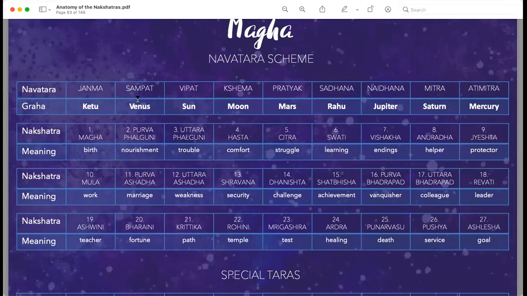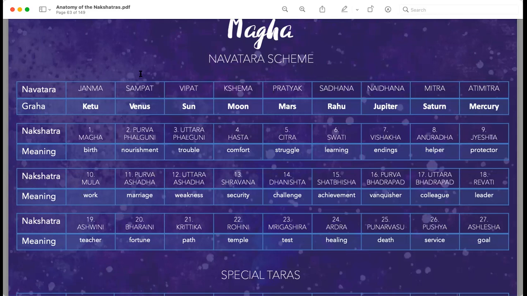the second nakshatra. So obviously in Leo we've got the Ketu one, which is Magha, and then Purva Falguni ruled by Venus, and then Uttara Falguni ruled by the Sun, and after that Hasta ruled by the Moon, then Chitra ruled by Mars, and then Swati ruled by Rahu, and Vishaka ruled by Jupiter, Anuradha, and Mercury rules Jyeshta. That's how it goes. So that's the first set, and then you go back, and there we are. You get the next set, and then the next set again.